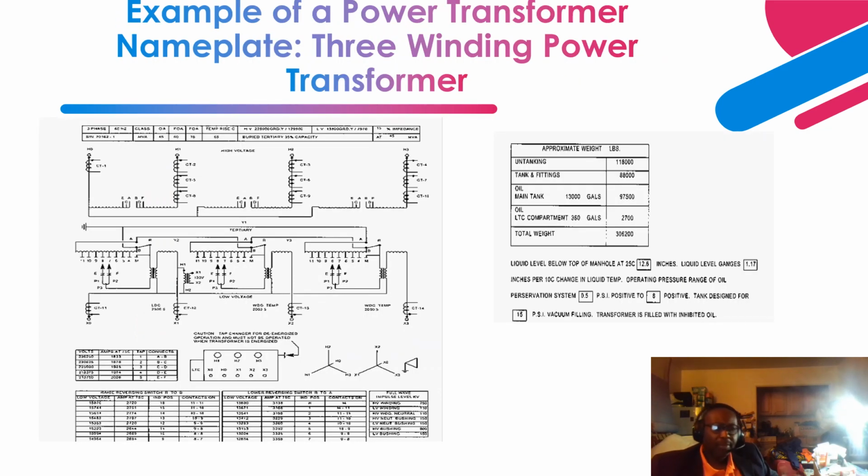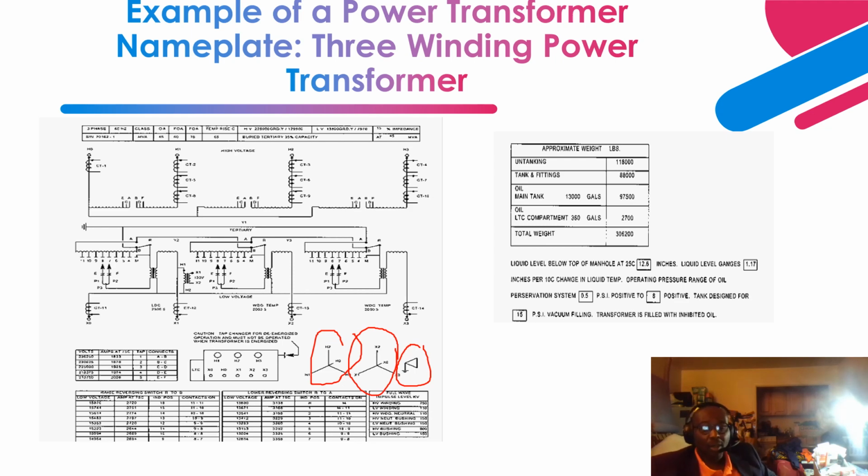Next, it's another deep dive into a typical three-winding power transformer. As you can see over here, this transformer has three windings: winding 1, winding 2, winding 3. Winding 1 is wound in Y with a neutral grounded. Winding 2 is also wound in Y with a neutral grounded. Winding 1 is the high voltage side, winding 2 is a secondary winding, a low voltage winding, and winding 3 is a tertiary winding, or secondary